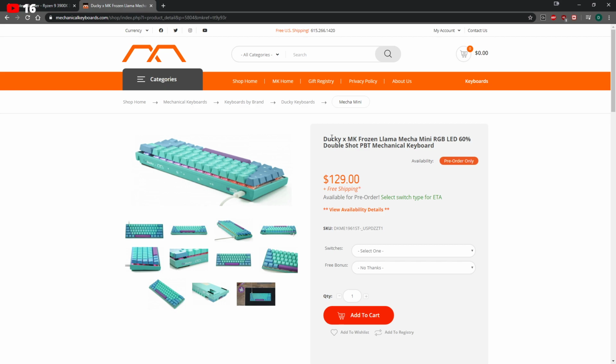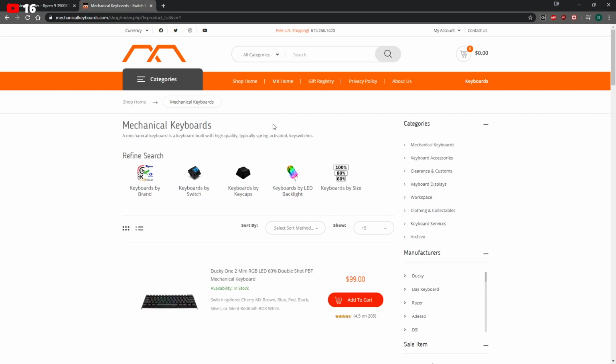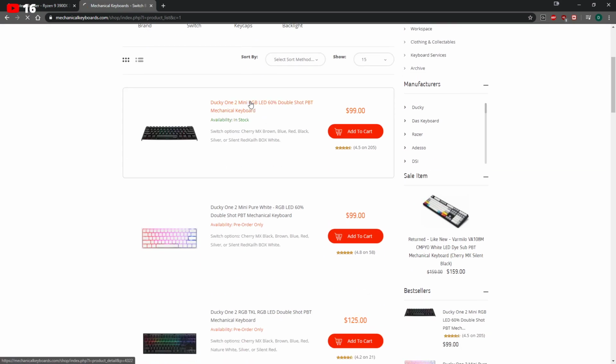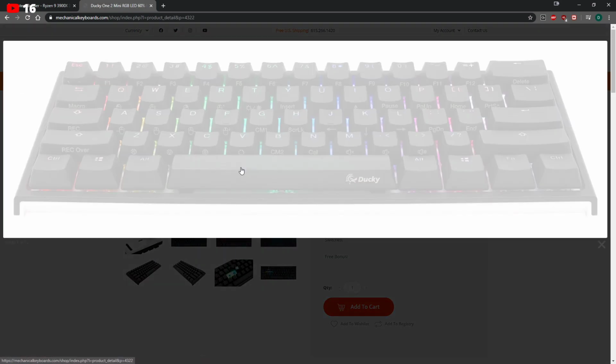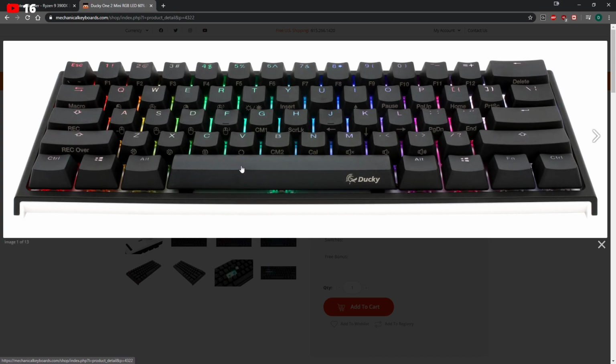I kind of don't want to order right now because I'm kind of paranoid of the whole COVID-19 stuff. Will it be a Red Dragon or what? I know the brand Red Dragon, but I think Ducky is probably better and more reliable. I have a Ducky, one too many. I have this keyboard over here. I've had it for a year now, and I honestly love it.